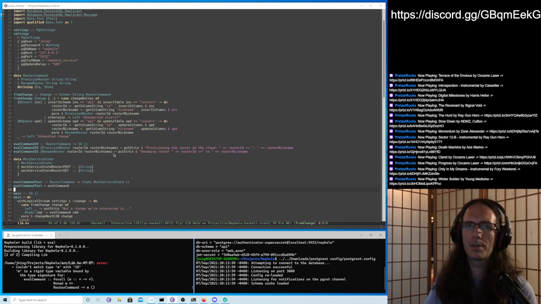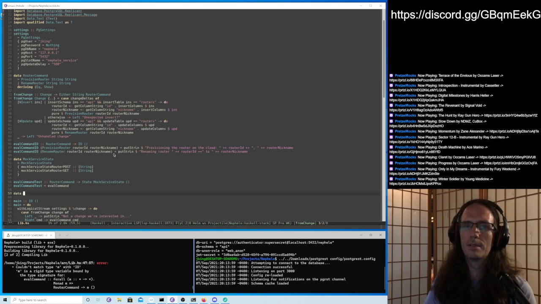The other thing we need is like a router provisioning service thing. Cloud vRouter service. And that can be implemented as the same kind of pattern as well.